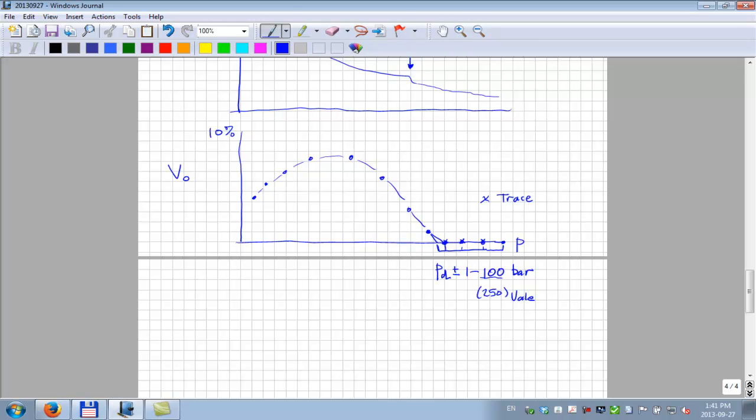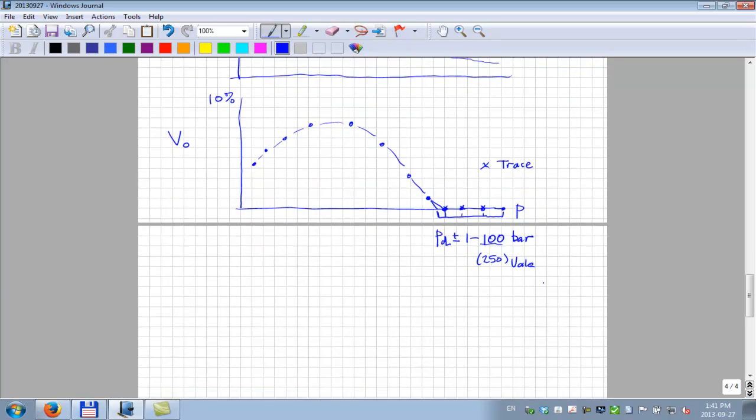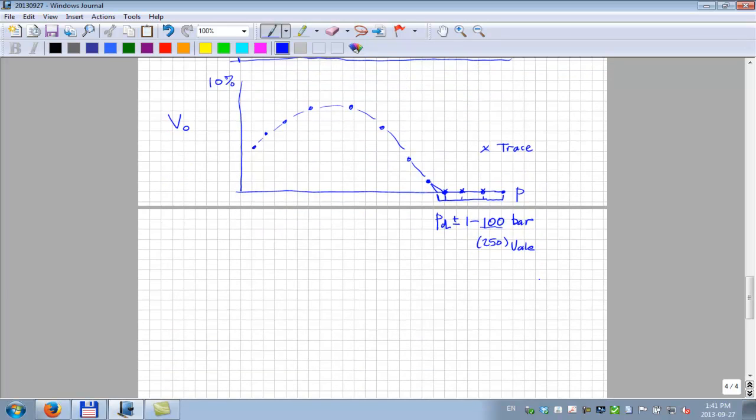So anyway, that's the measurement of the dew point pressure. Any questions? What was the problem? Well, I don't know. The Core Labs people might have